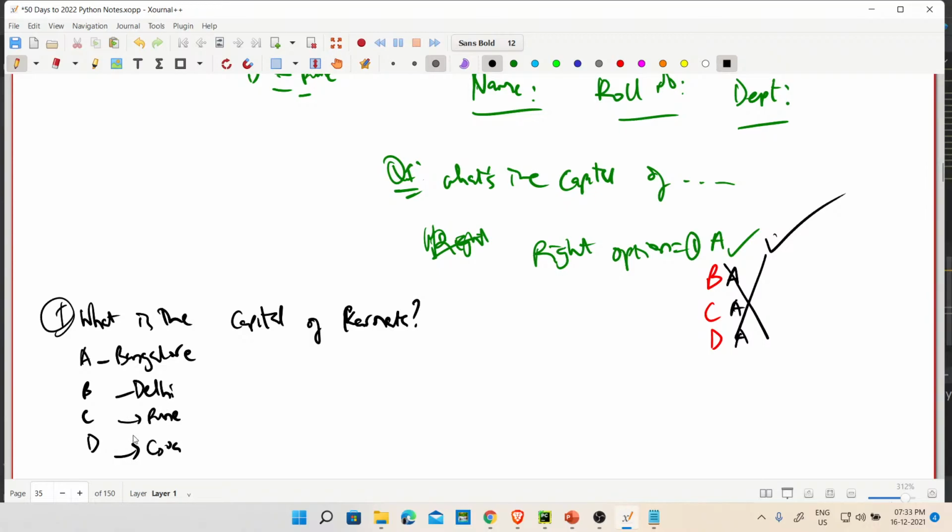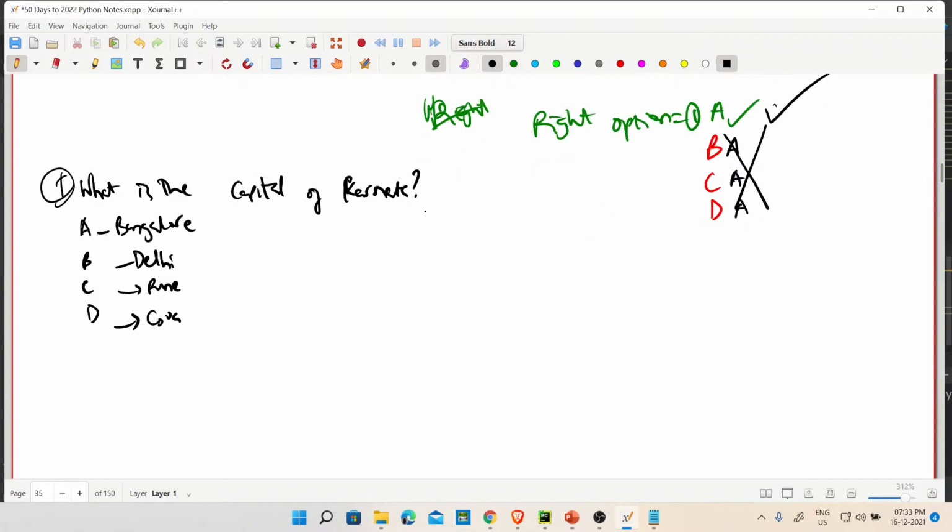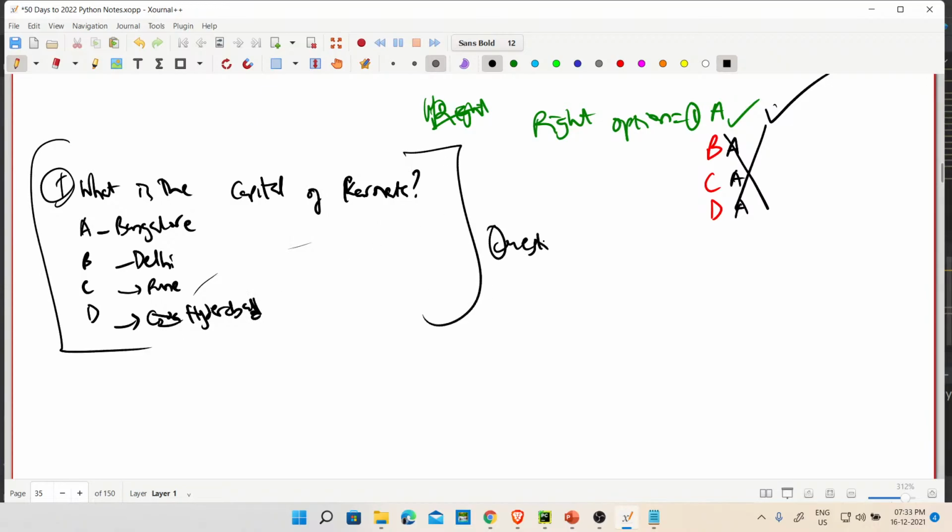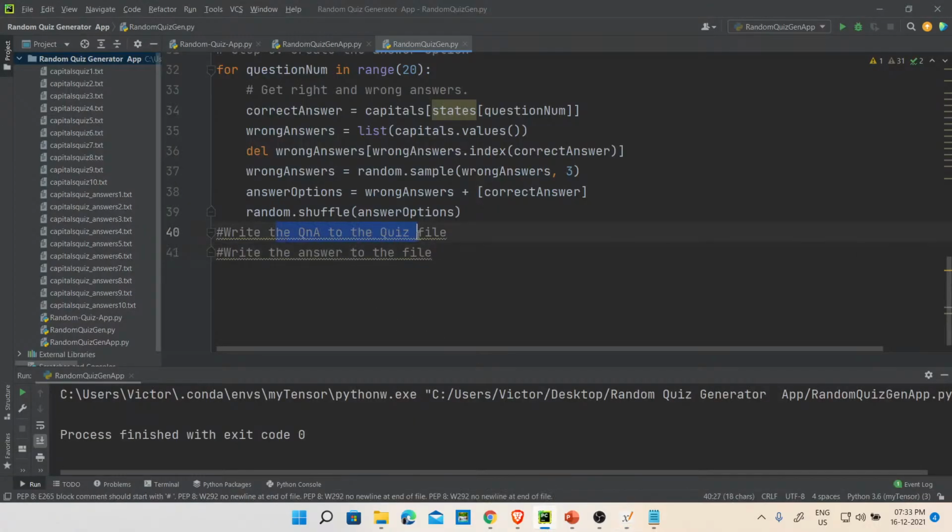Goa is actually a state, but fine. Maybe 4 is Hyderabad. So this is the question. We have written this question when we call this, write the Q&A to the file.